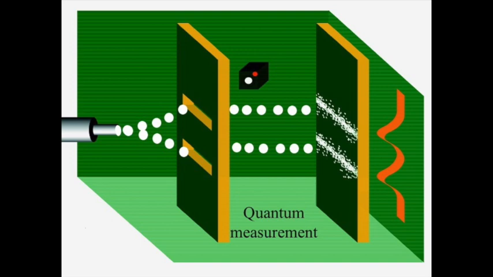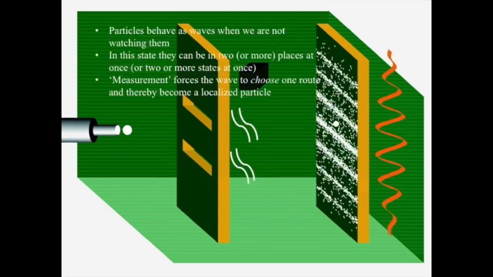You turn waves into particles. It's the most mysterious and controversial area of quantum mechanics, measurement, quantum measurement, what exactly it is. And physicists in the audience, I'm sure, will be very familiar with all of the controversy around what makes a measurement or not. And we won't be going into that, but it is a very interesting question from the perspective of whether life makes quantum measurements. So this is kind of a summary then. Particles behave as waves when we're not looking at them. So they can be in two places at once. Measurement forces the particle to choose one route.